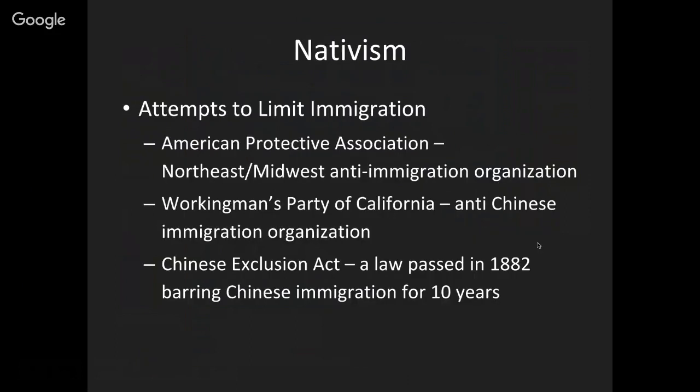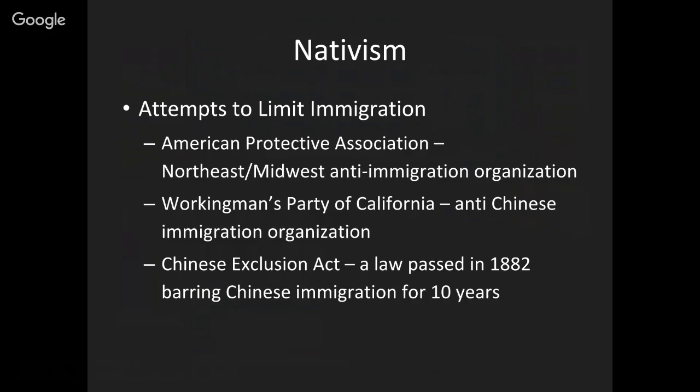And with that kind of comes this idea of nativism. And I didn't put the political cartoon in the notes because it was in the hyperdoc, but that second political cartoon that's in your hyperdoc, where it shows the people extending their arms saying, no, we don't want you here. You're not welcome at all. That was kind of the feeling from 1890 on the East Coast, in places like New York,